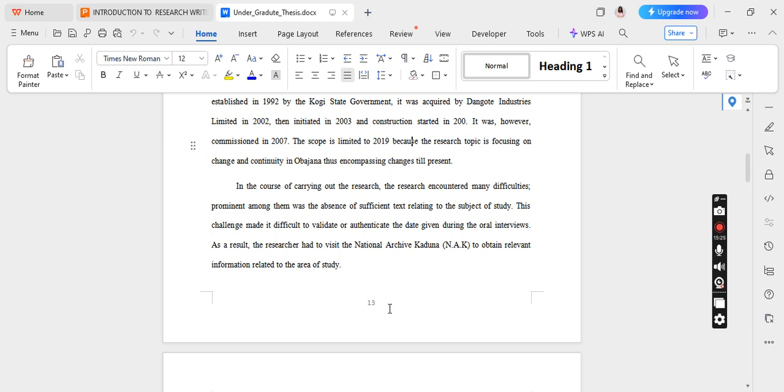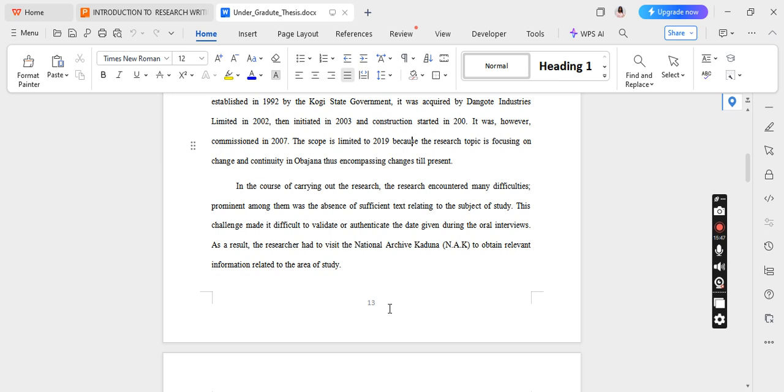Prominent among them was the absence of sufficient tests relating to the subject of the study. These challenges made it difficult to validate or authenticate the dates given during the oral interview. As a result, the researcher had to visit the National Archive Kaduna to obtain relevant information related to the area of the study. So you now get to understand something now that as you are stating the limitation and